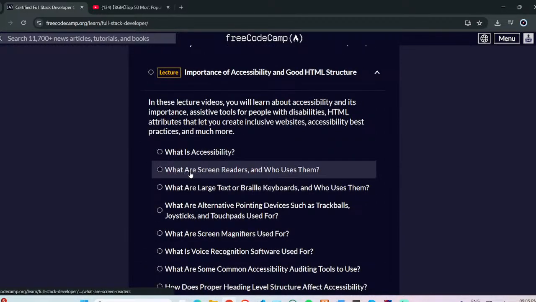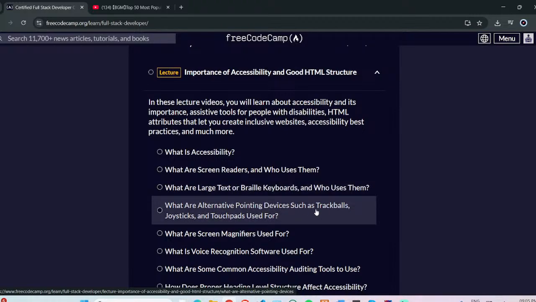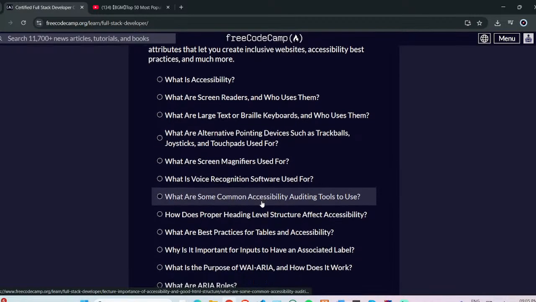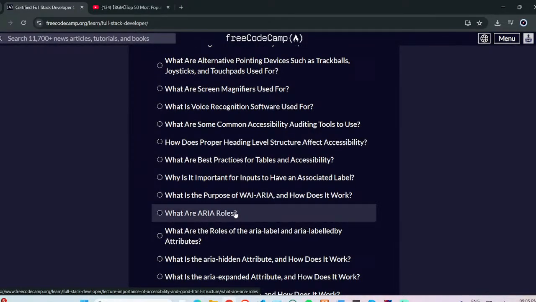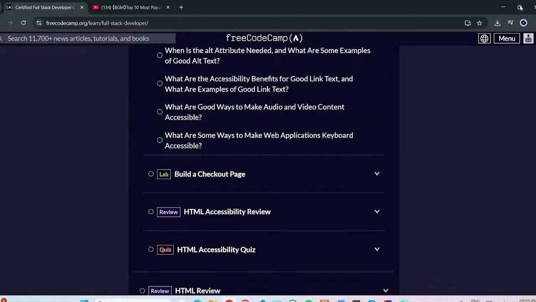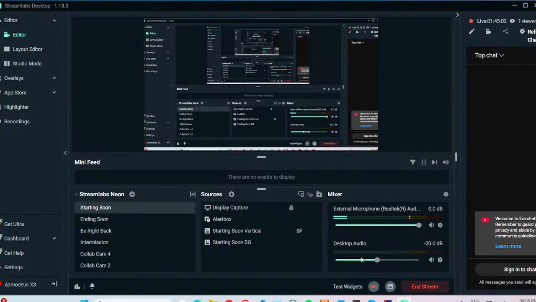What is accessibility? What are screen readers and who uses them? Large text and braille keyboard, who uses them? What are alternative pointing devices such as trackballs, joysticks, touchpad used for? What are screen magnifiers used for? What is voice recognition software used for? Okay, everything actually looks really good. Okay, so for today I think this is good enough. What I'm gonna do is I'm just gonna